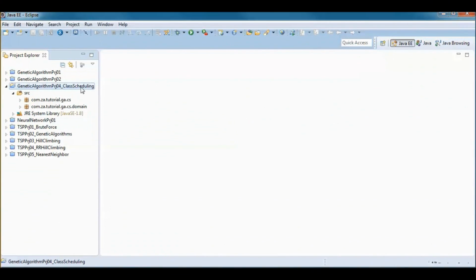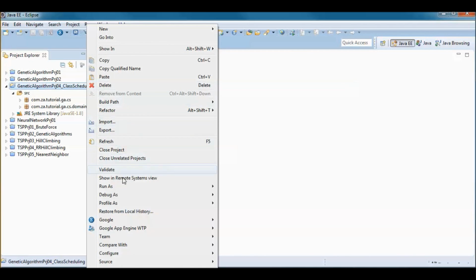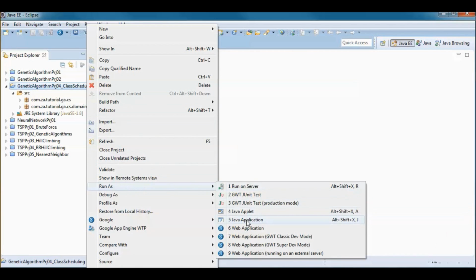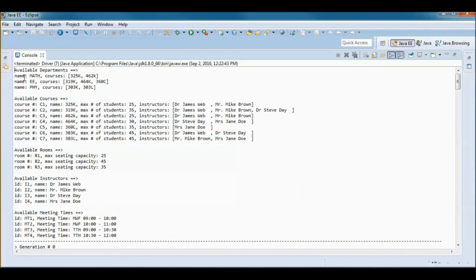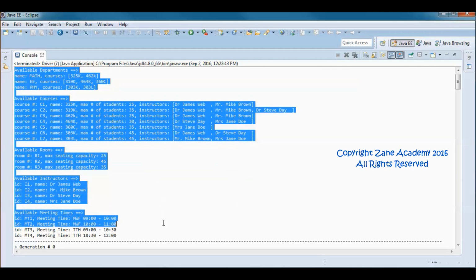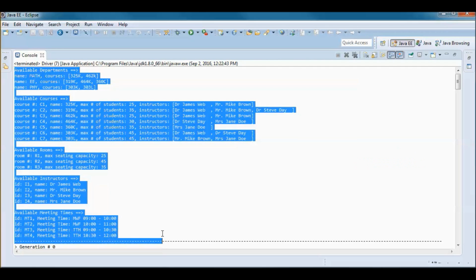This is the pre-built application. So if I go ahead and run it, the goal is that given some course scheduling supplied data, we need to use a genetic algorithm in order to find a university class schedule with no conflicts.